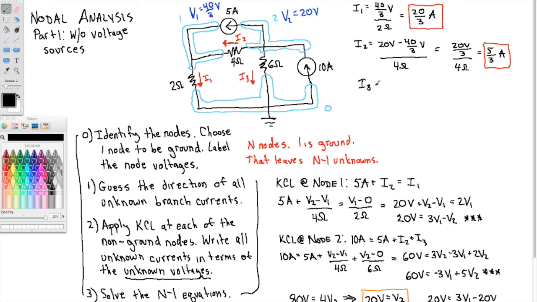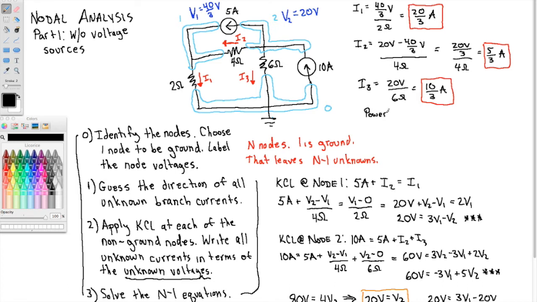And I3, Ohm's law says that would be 20 volts minus 0 divided by 6 ohms. So there is a factor of 2 there, so this is 10/3 amps. So I've got now all of the voltages, I've got all of the currents, so I have essentially everything I need. If I was interested in a power calculation, let's say